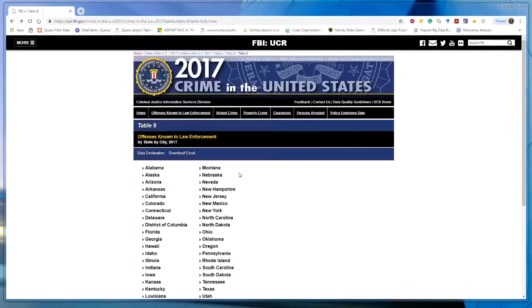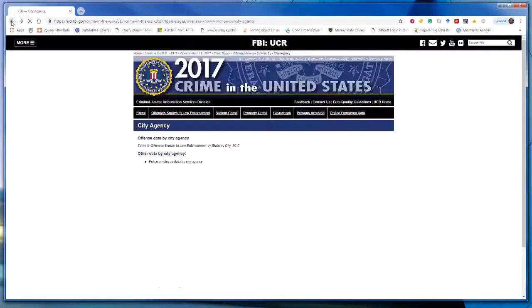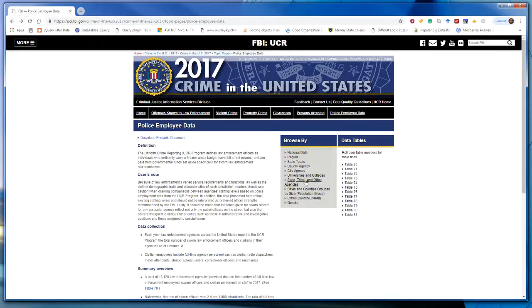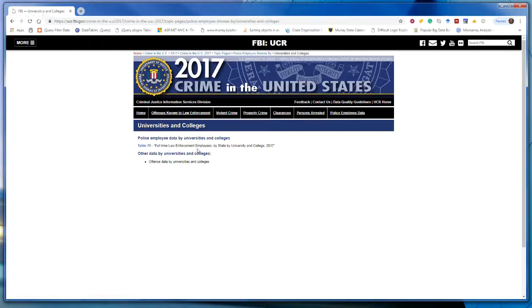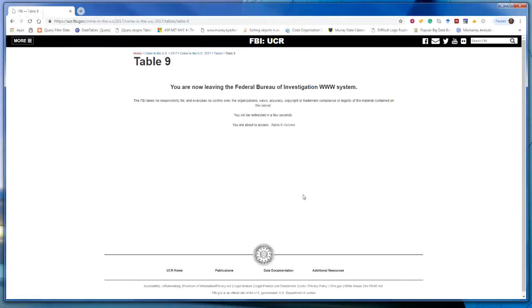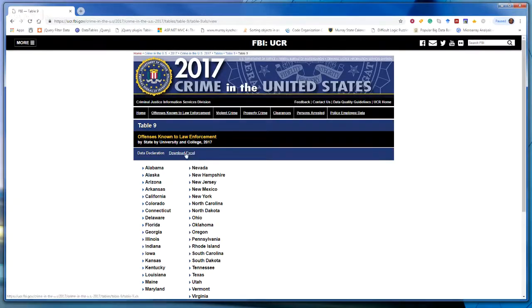So going back here, universities and colleges have their own campus police, and the data as reported by this campus police is available here. The data set is smaller than what we had for cities, but it is still pretty detailed, meaning we got different kinds of offenses and so on.